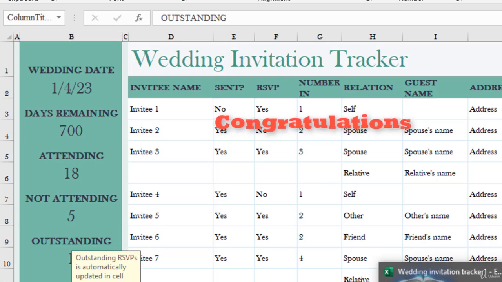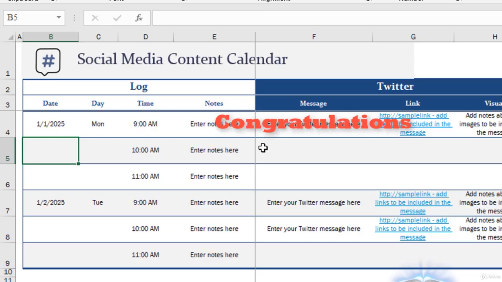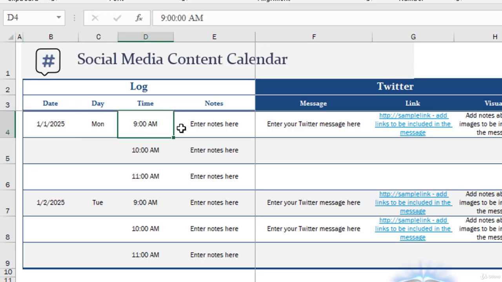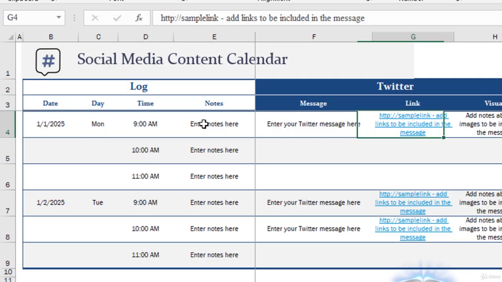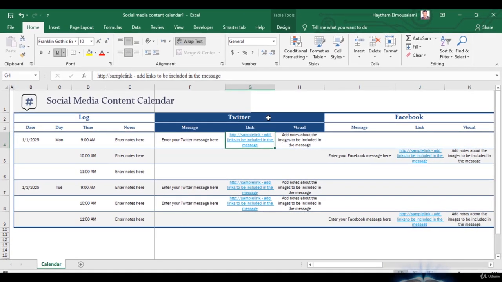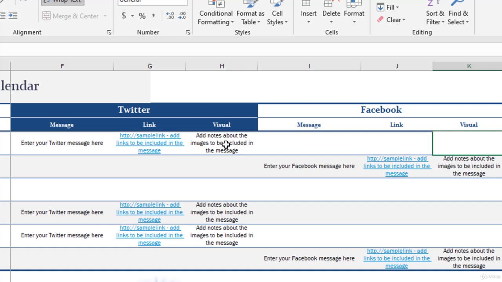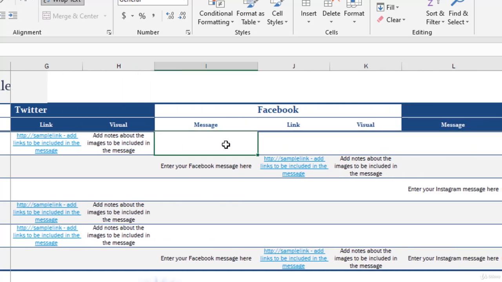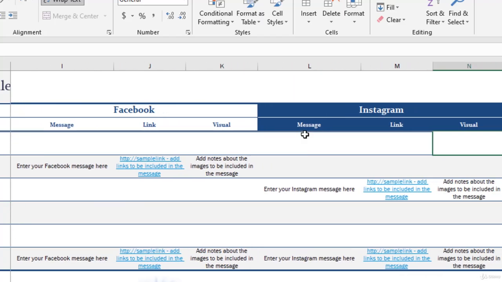Also we have this awesome template about a social media content calendar. You can enter the date and time and note and the message of Twitter and link of Twitter, and also if you want to send a message by using Facebook, this is the message. You can enter the message here and the link of the Facebook group or file or Facebook page. Also you can use it for